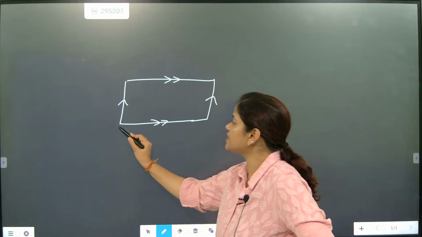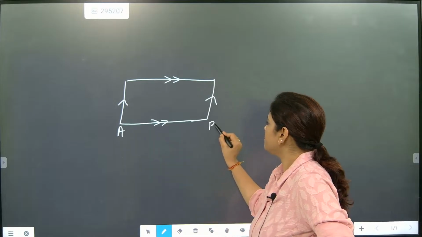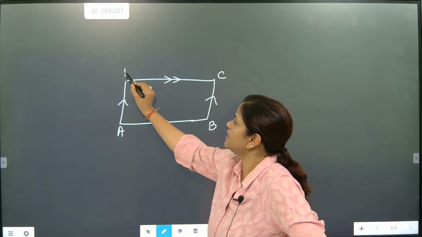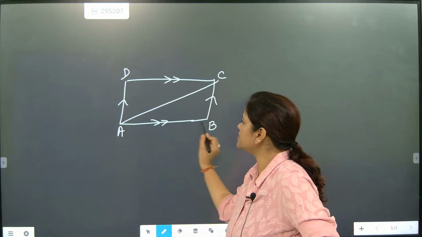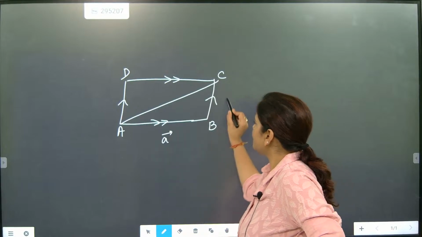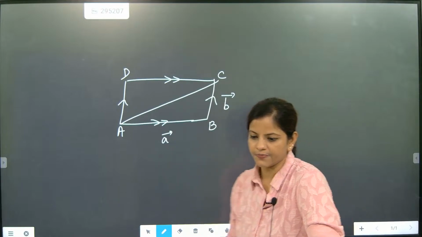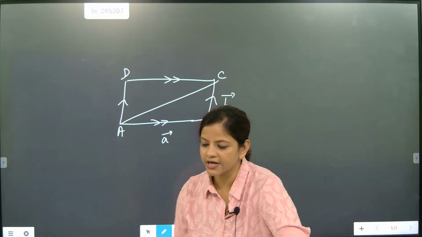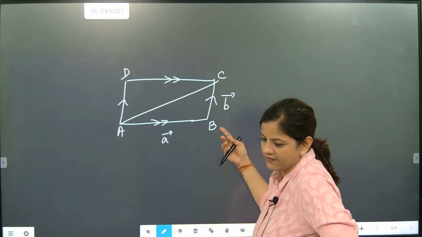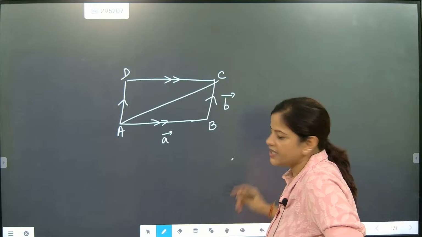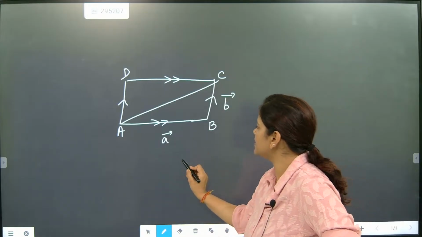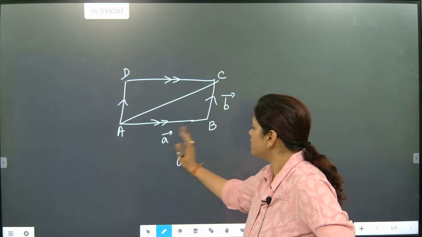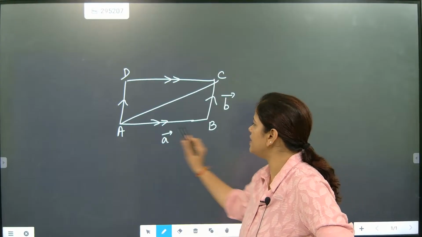So now here we will start with A, B, C, D. Just touch this arrow. Now if this section is taken as A vector and this section is taken as B vector, then how are we going to proceed and write? We will write it as AB vector